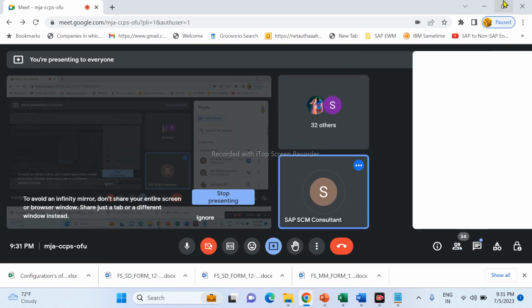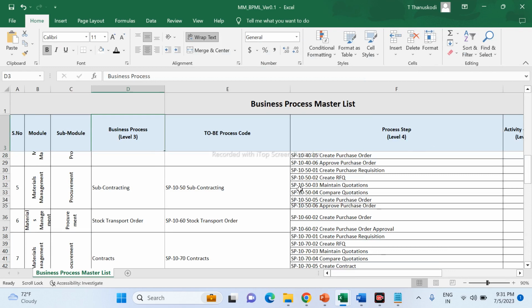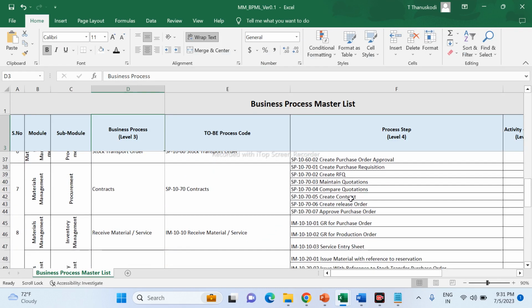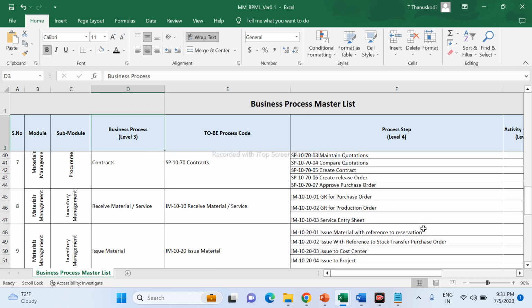We have the subcontracting process, the stock transfer process, intercompany and intra-company processes, and contract procurement. These are all the generic processes. So we need to prepare the